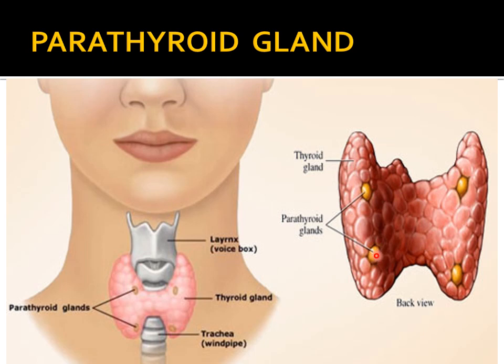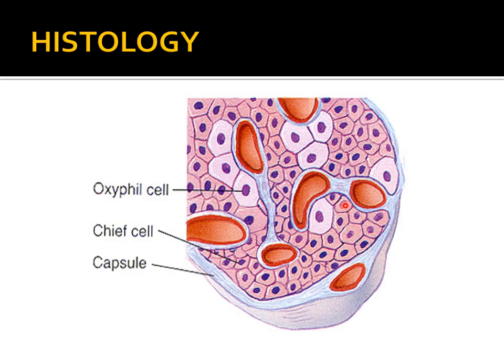The parathyroid gland has its connective tissue capsule, which sends septa inside the gland and divides it into multiple lobes, carrying along with them the blood vessels. The cells are arranged in cords and clusters, and in between you can see the fenestrated blood vessels, present between the clusters and cords of these endocrine secretory cells of the parathyroid gland.